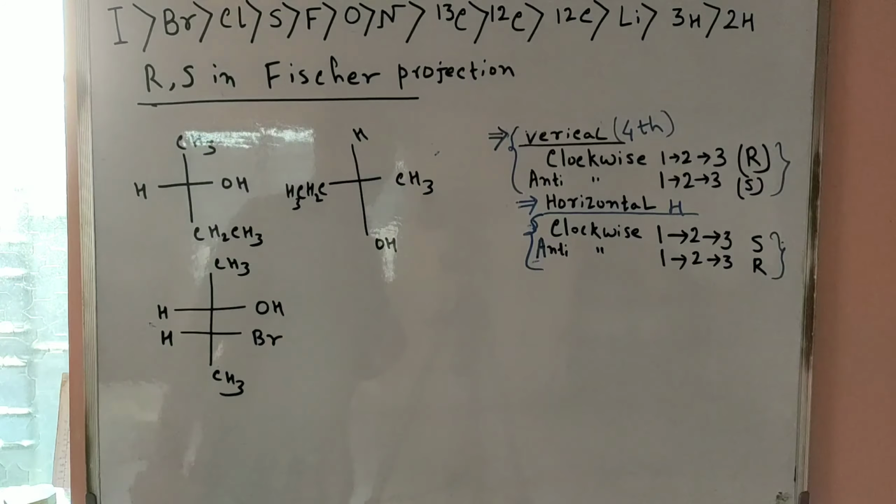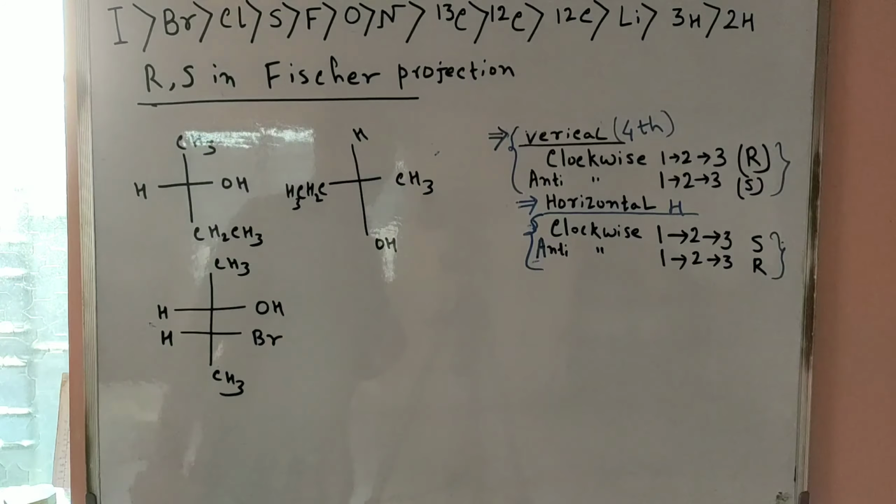Then when we consider this carbon atom, hydrogen is similarly placed downside. As per our priority order, this one is 1, and when we go to the right side, COOH is present, and on the left side nothing is present. So this center is 2, this one is 3, and hydrogen is 4. The 1 to 2 to 3 rotation is clockwise, hydrogen is downside, so this one is R. So the overall conclusion is 1S and 2R.